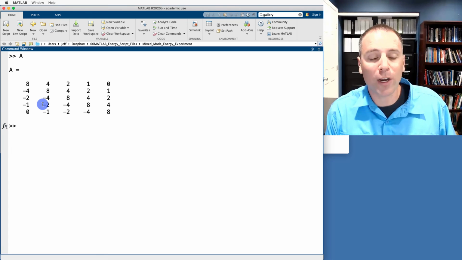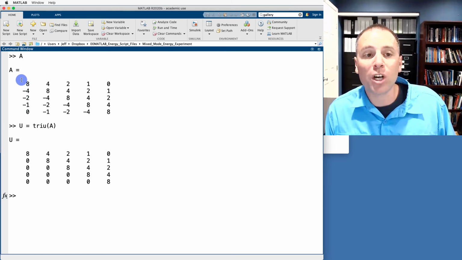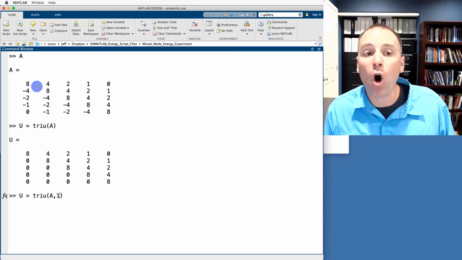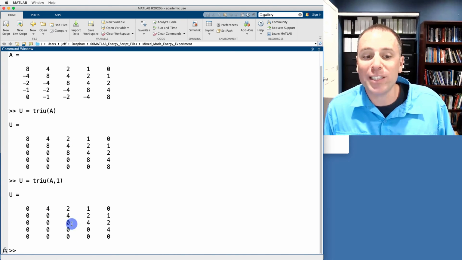If we then look at U equal to TRIU of the matrix A, this pulls off all upper triangular entries, including the main diagonal. Of course, I could use the second parameter after the matrix call. So perhaps I put in +1. This will pull off all entries in the upper triangular position above the main diagonal, or all the way through the +1 band of this matrix. That is exactly what we see here.